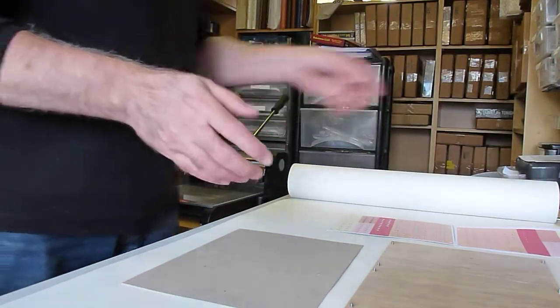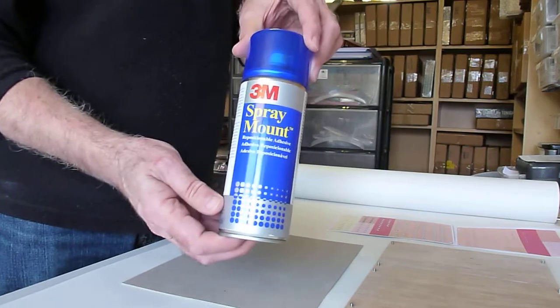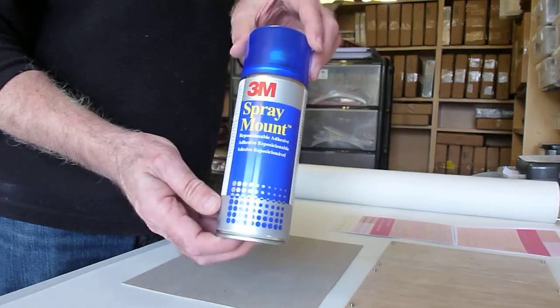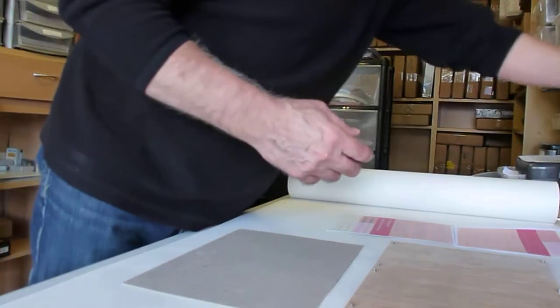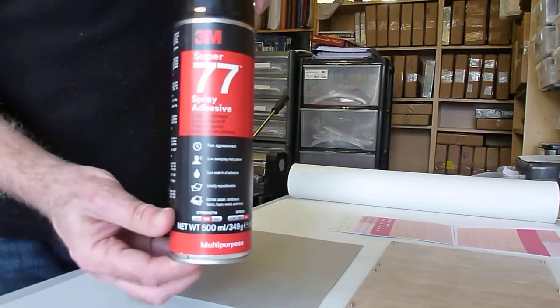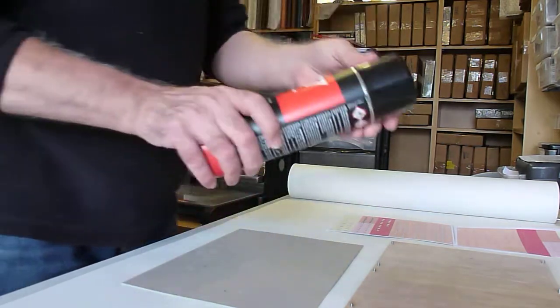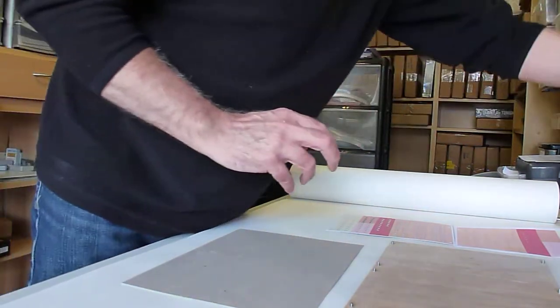I mean, we've all got these, I'm sure, at the moment. He also suggested that the adhesive I was using, which was this one, may not adhere as well as the one he suggested, which is this 3M77. So I've invested in a can of that. Anyway,